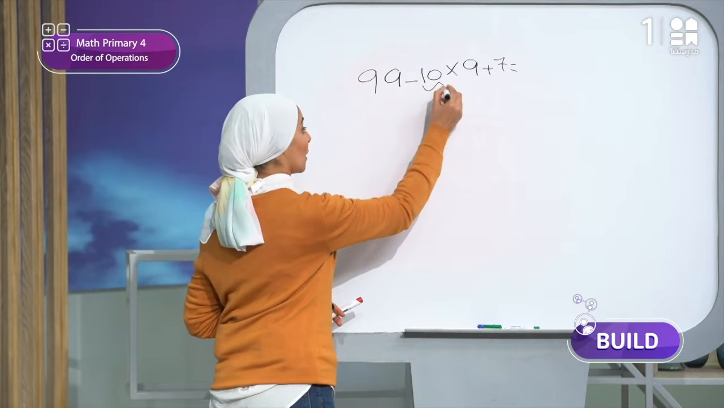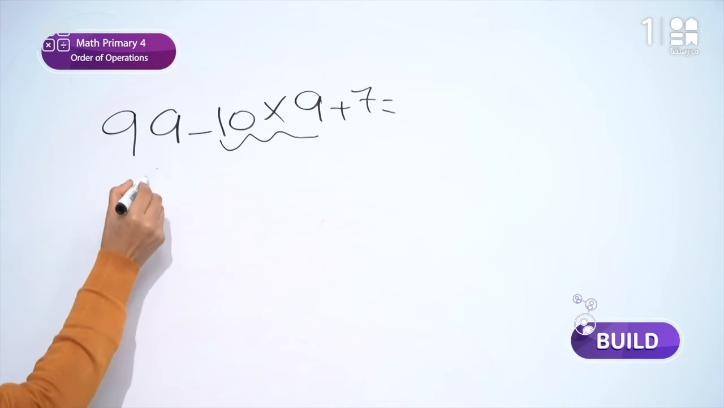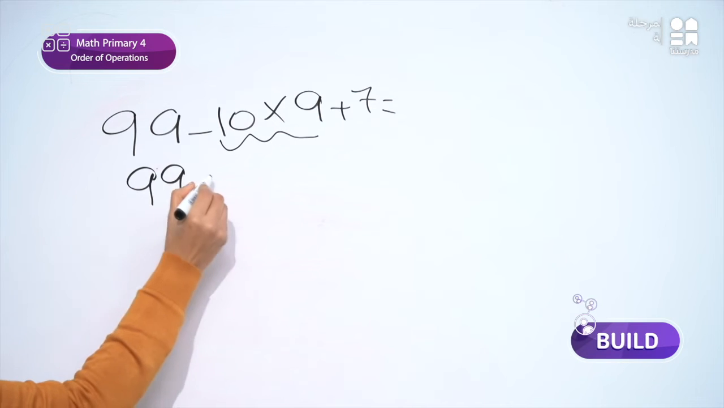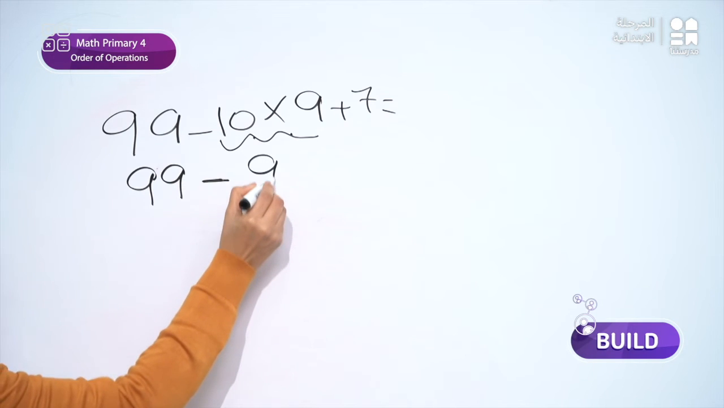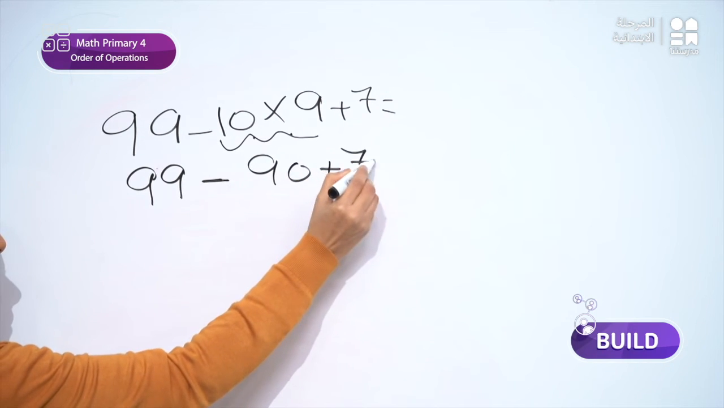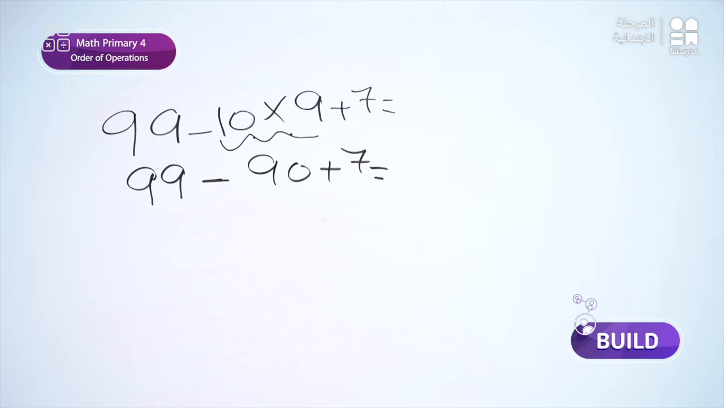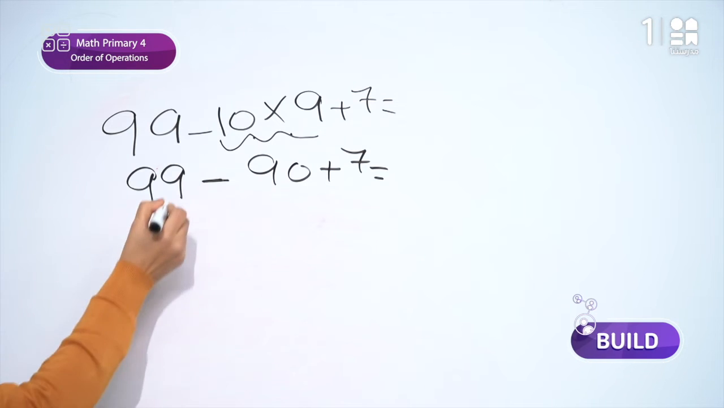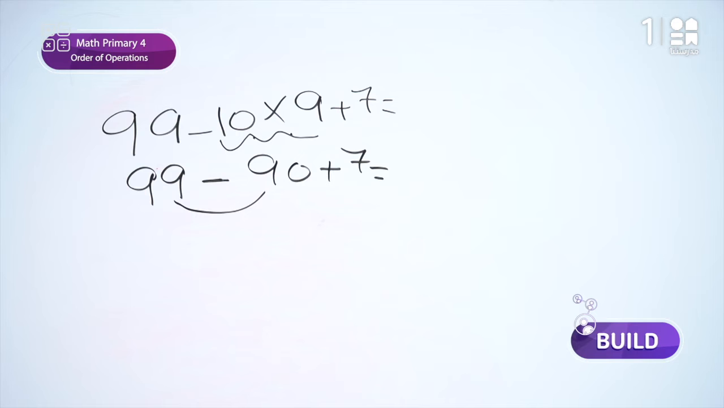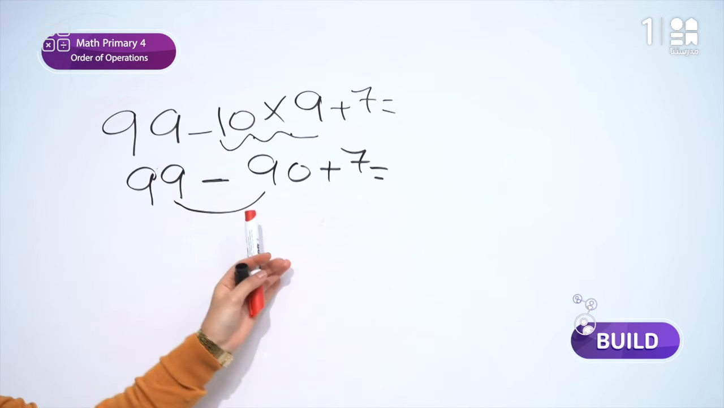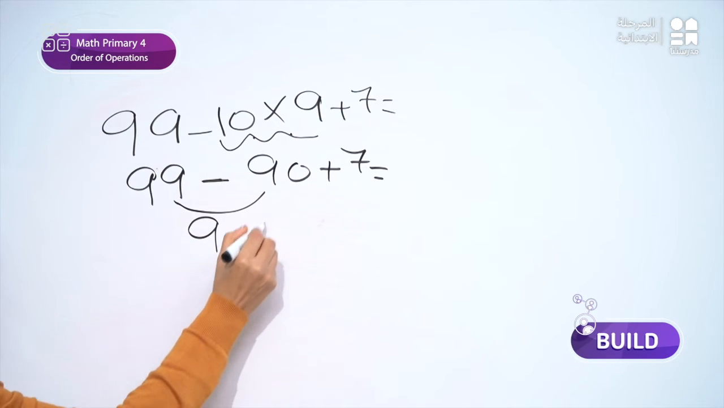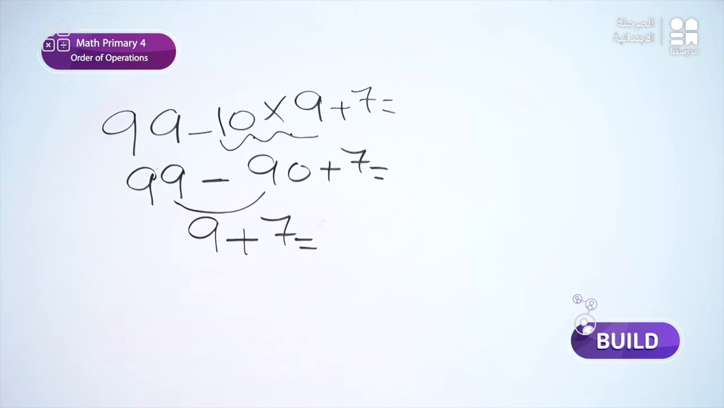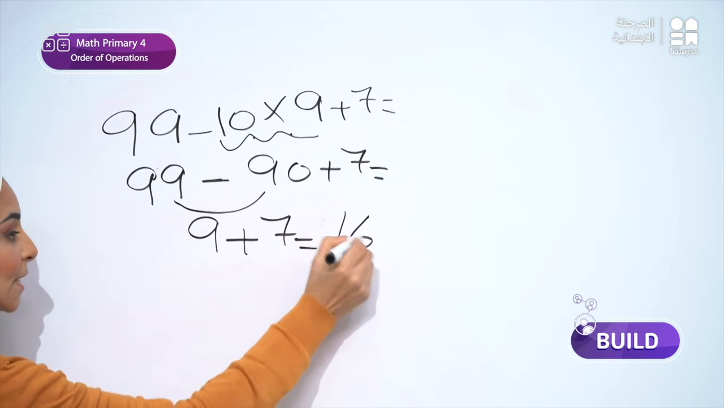So I will multiply 10 times 9. But first I will write my equation 99 minus. Here 10 times 9 equals what? Of course 90. And I will put plus 7. Then what is the next step? Yes, the next step I will subtract these two numbers, right? So 99 minus 90 gives me what? Gives me 9. Here I have 9 plus 7, and this will be the last step. So 9 plus 7 equals what? Equals 16, and this is